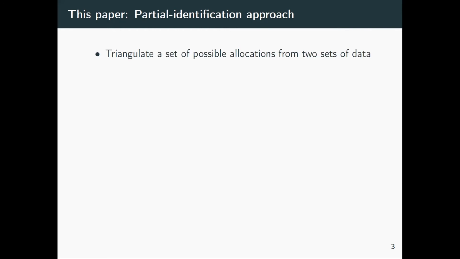Firstly, I use 2 sets of data to triangulate, this is the title of my paper, the allocation X. First, I use data on multinational production. The data on multinational production, I call MIL, are the production of firms from one country producing in another country. For example, when I is the US and L is China, it records the production of US firms in China. This variable is a summation of allocation over the final destination. We don't know what X is, but we know how X should sum up over destinations.